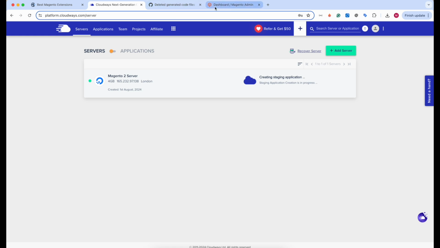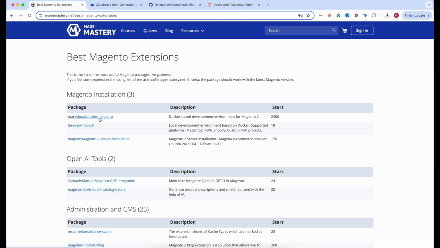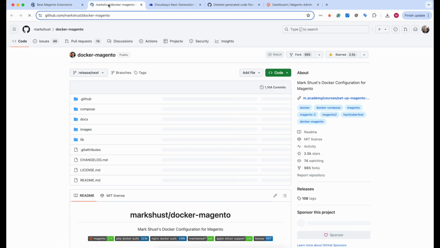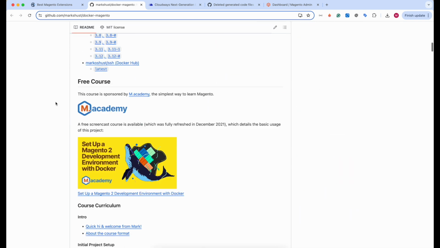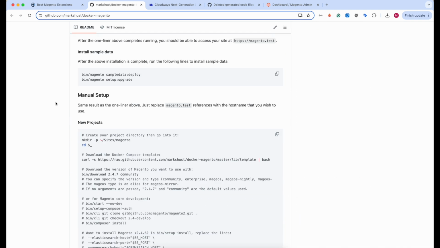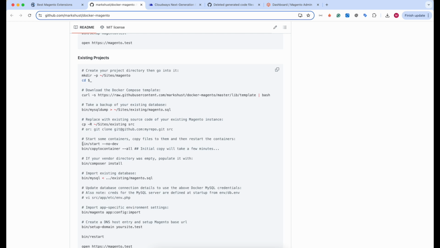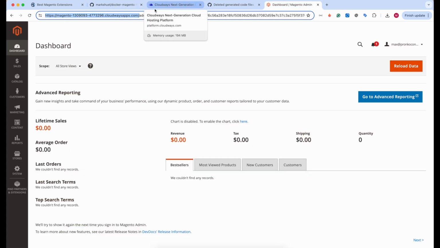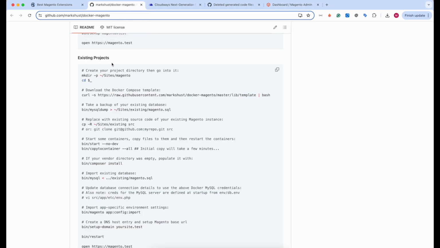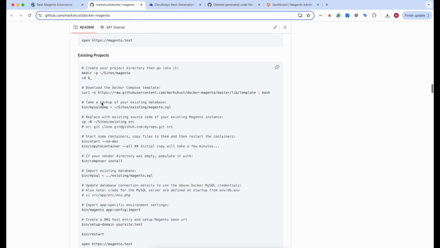In the meantime, what can be done? I am going to use a Docker-based environment for Magento 2. I can scroll and I would like to configure existing projects, because it's an existing project, and this tutorial is good for, A, when we have an existing project, and it's an example of an existing project. B, when you have a real project and you start working on a client's project, you can configure this project locally. And we're going to configure this project locally. That's why let's go ahead, and while we are waiting for the staging environment,